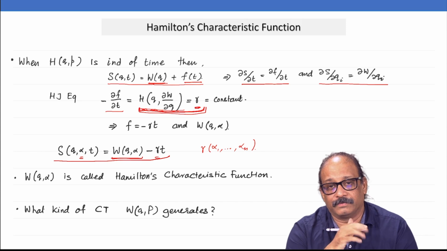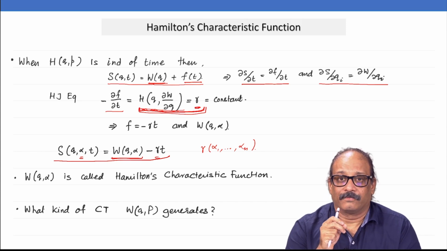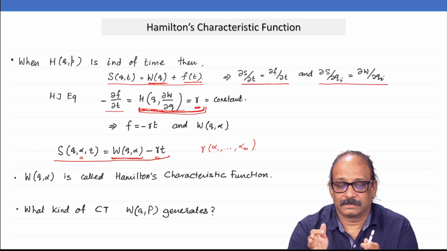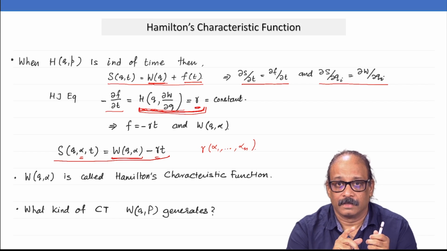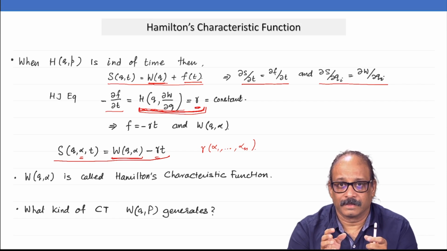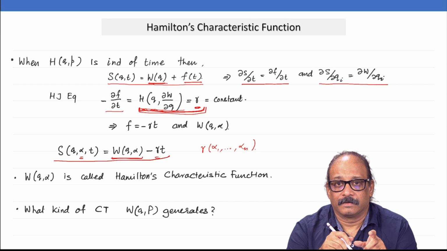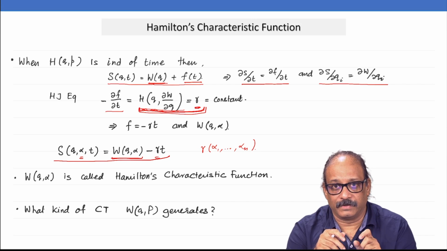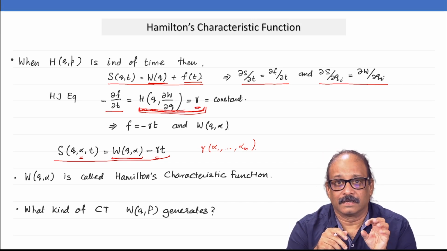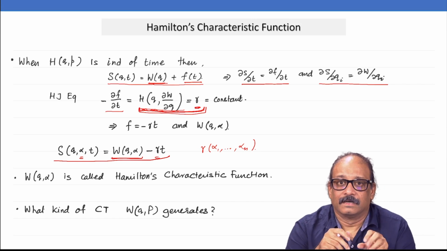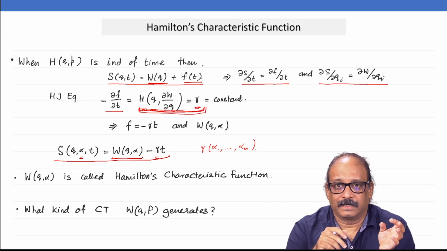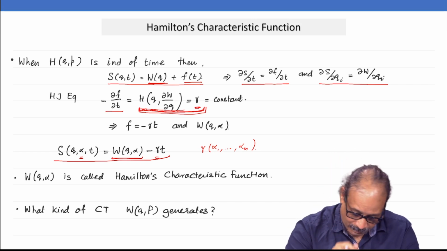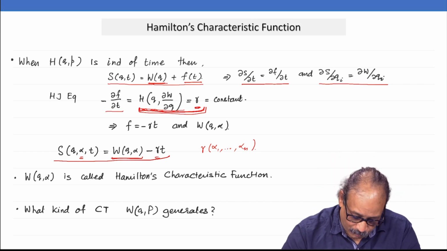And remember, in the last week we had talked about two ways of doing this. One is to transform to a new coordinate system where all the 2n variables become constants of motion. Another way was to transform to a new coordinate system in such a way that all the coordinates become cyclic, in which case the solution again is trivial, since all the conjugate momenta, or canonical momenta, will become constants of motion and the integration for the q variables will be very easy. Okay. So, this is the one which I am going to look at now.